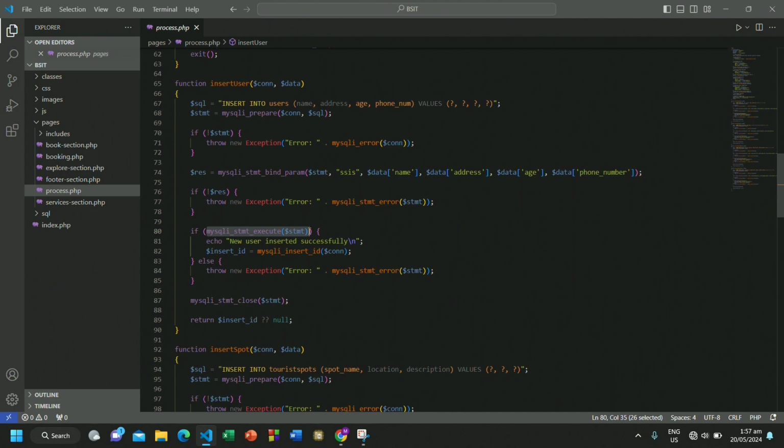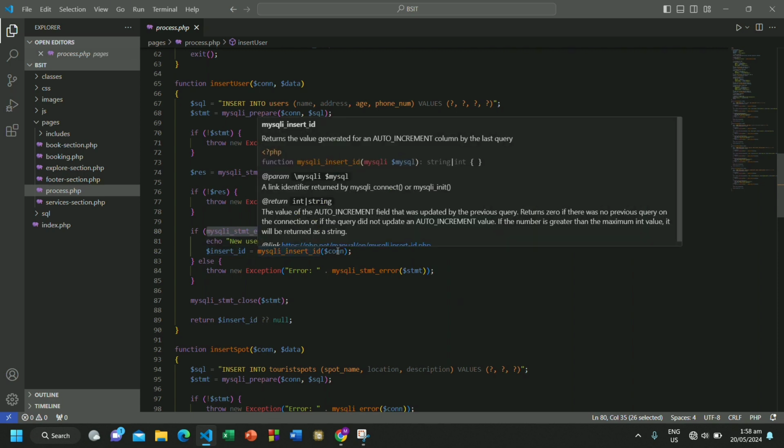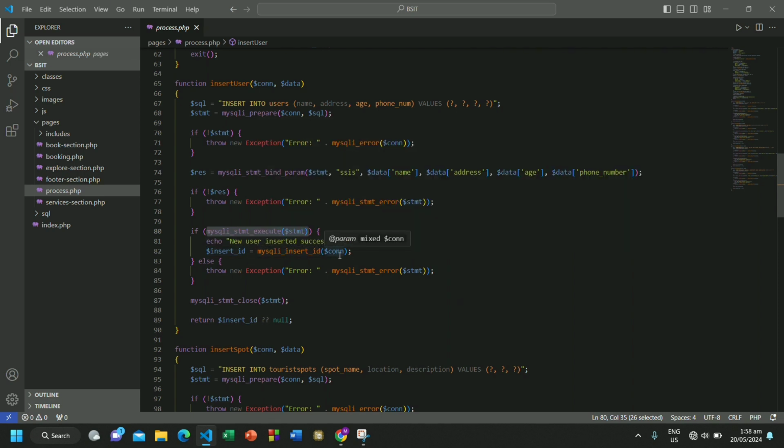If it got executed, then we will echo out new user inserted successfully, meaning we successfully inserted a new user in our database. And then we have an insert ID here, MySQLi insert ID, using the connection. Else, if this fails, then we throw an error.